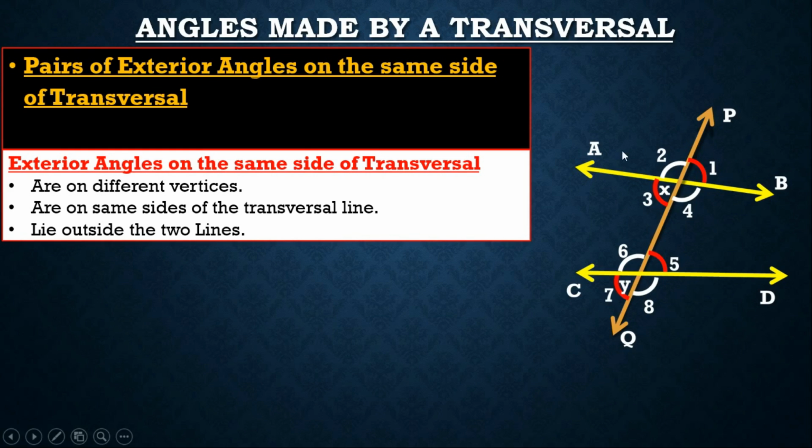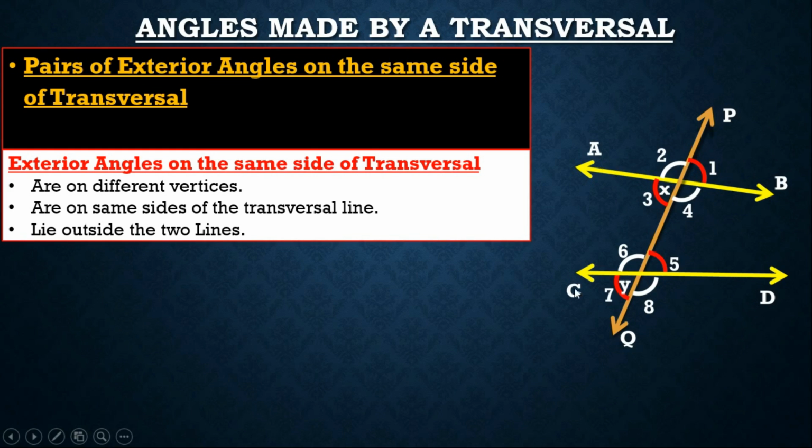Now let us consider. So this is the transversal line and we have to consider one side of the transversal. So let us consider angle AXP and angle CYQ. This angle AXP and angle CYQ have an arm AX, PX, and angle CYQ has arms CY and YQ. Now for the exterior angle there should not be a line segment.